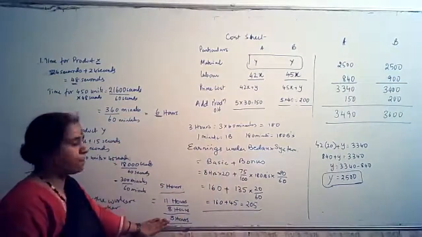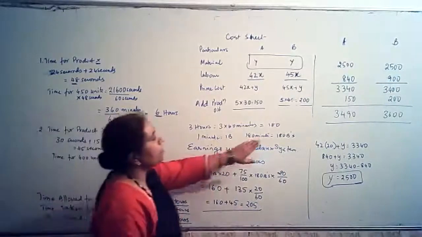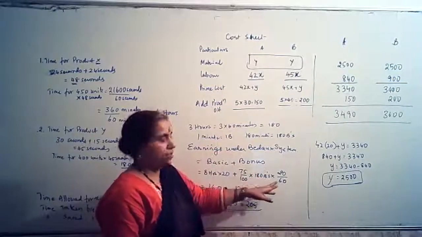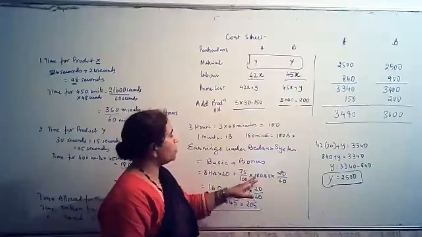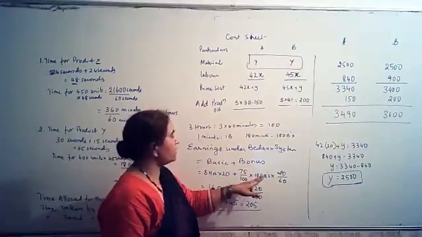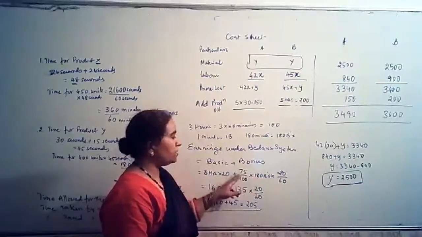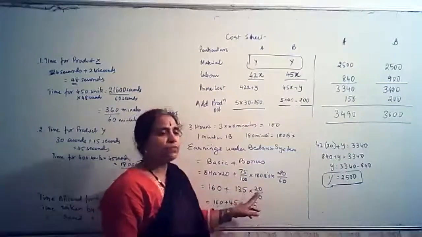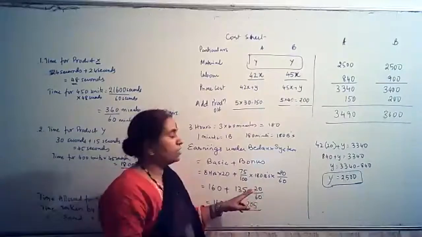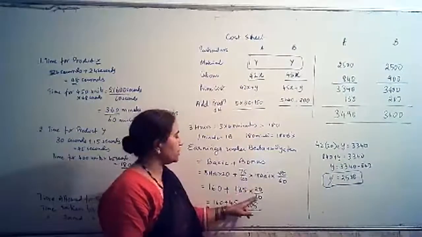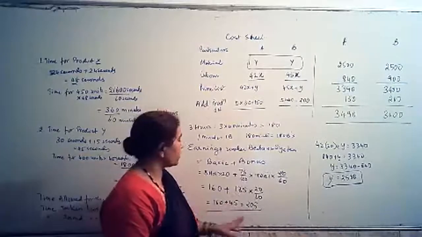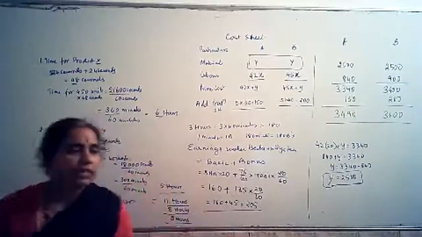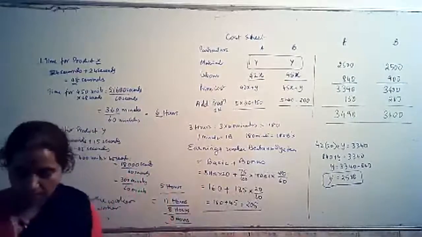How did we calculate? First we calculated the number of hours. Number of hours is converted into B's. For every 1 minute, I have to get paid 75% of it. So for every 180 minutes I have saved, 180 into 75% is 135 minutes I should get paid. I cannot multiply minutes with 20 rupees, because 20 rupees is per hour. So 20 rupees is paid for 60 minutes, so 135 needs to be calculated accordingly. So total will be 205. This is how you need to calculate the earnings under the BDOX system.